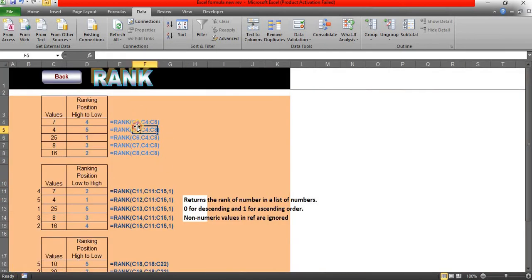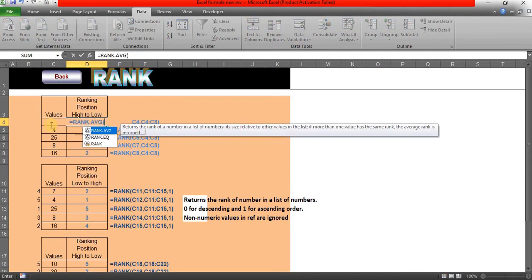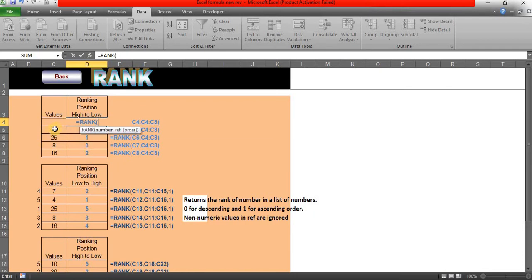And RANK. In order to get the rank, you need to select the equal sign, RANK of. First select C4, comma, then select from C4 to C8.